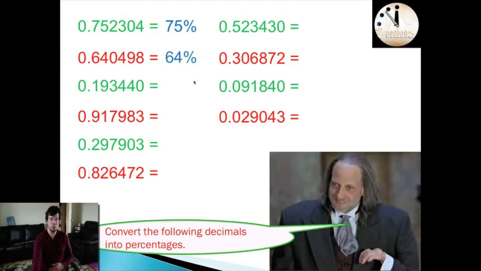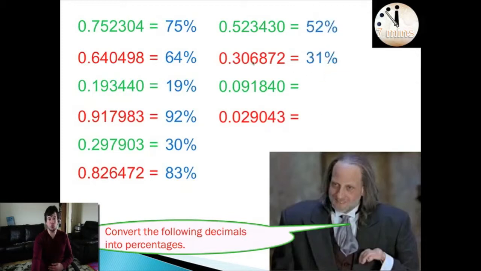75%, 64%, 19%, 92% because the 7 makes the 1 round up, 30% because the 7 makes the 29 round up to 30, 83% because the 6 makes the 2 round up, 52%, 31% because the 6 makes the 0 round up,